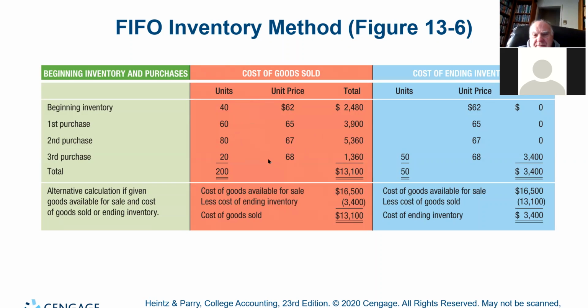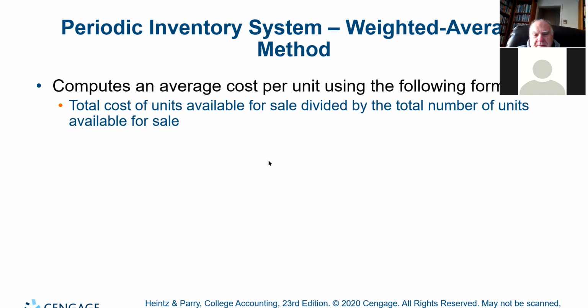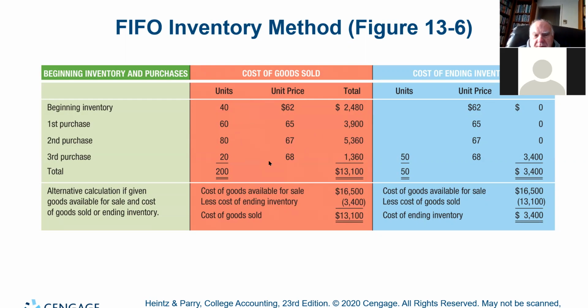Now I've got to clarify one thing. When you're saying this, is this stuff you're purchasing or is this stuff you're selling? So you had 40 units, you're selling them for $62 a piece, right? No, that's what we purchased them for. These are not selling prices. These have nothing to do with sales. This is all cost of sales.